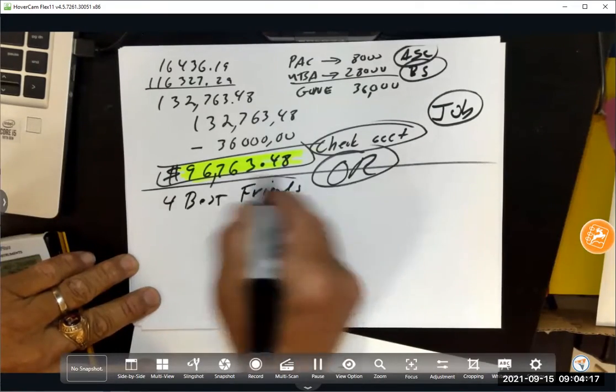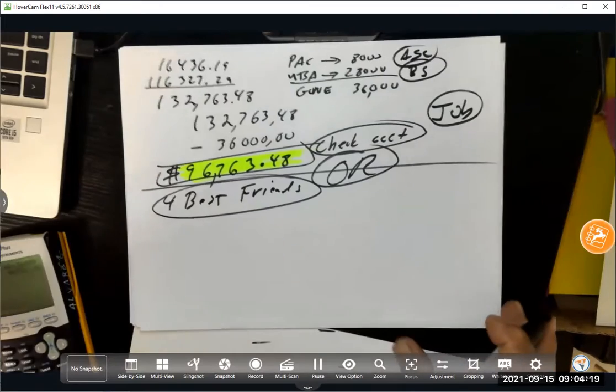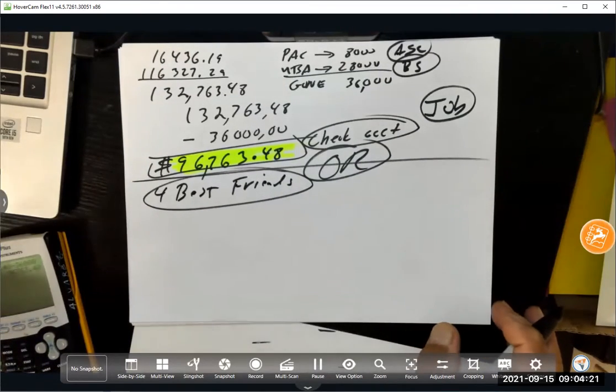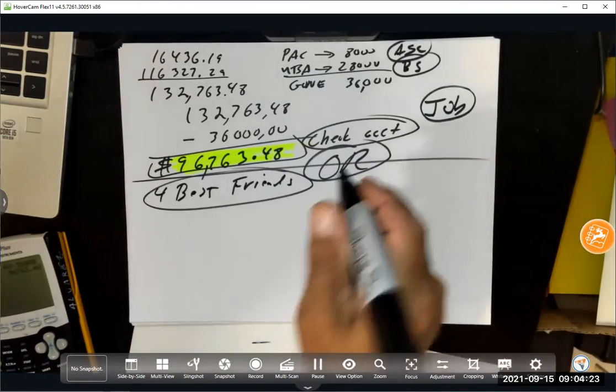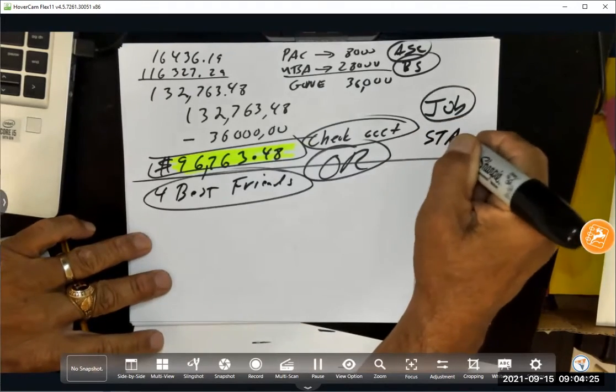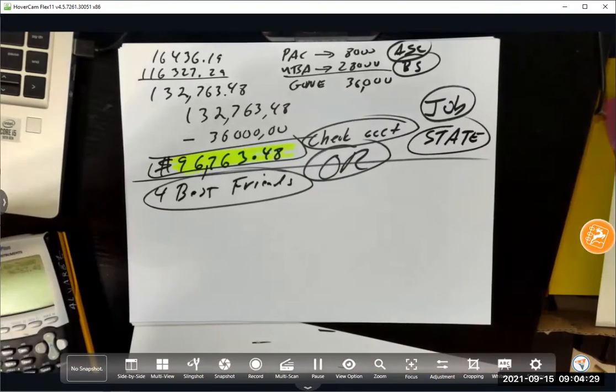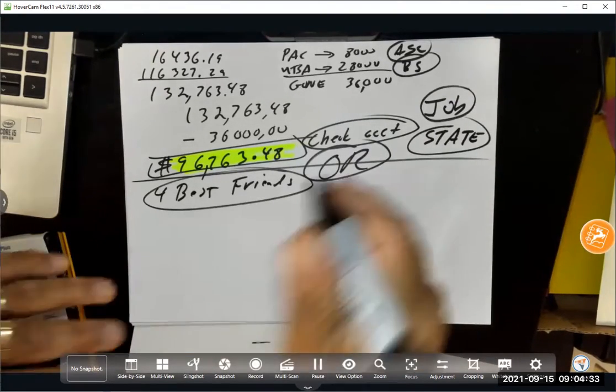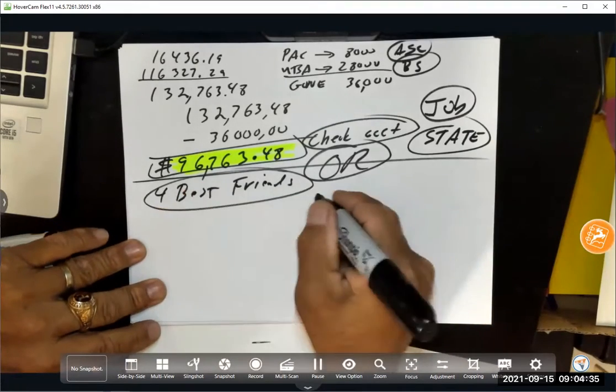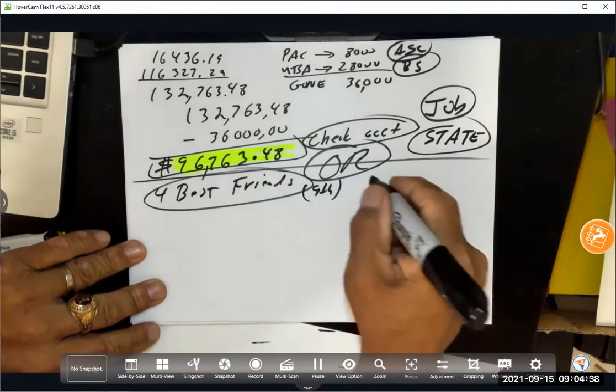And they say, where y'all want to go to school, man? You want to go to UTSA, Palo Alto, Sac, St. Phillips? No, we don't want to go. You know what? These are all state schools. We don't want to go to state school. The state controls the prices and those things. The state controls everything there. We don't want to do that. Where do you want to go to? We want to go, your 4 best friends from 9th grade, they say, no, we want to go to a